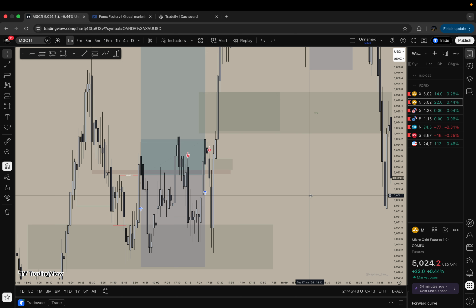And I was just like, okay, to manage this trade, ideally, if we break above these highs once again, right? So we get that initial push, we get that pullback. If we actually break above these highs once again, I'm happy to go out of this trade at this point in time, which is over here.